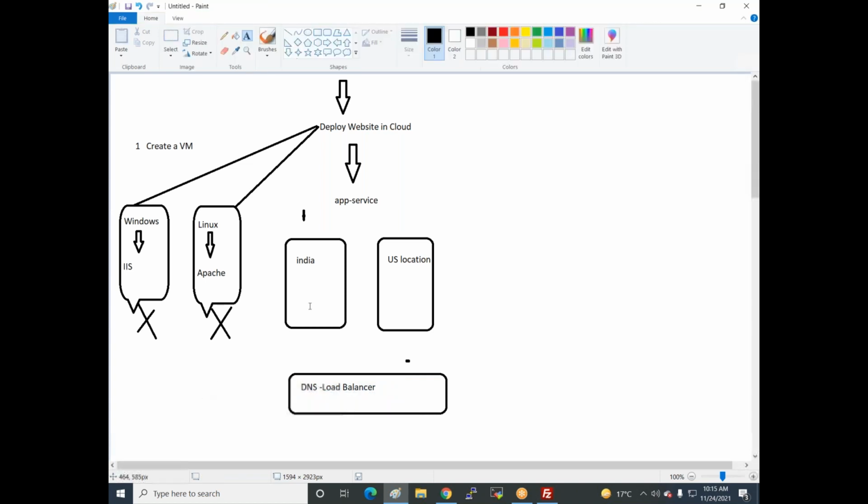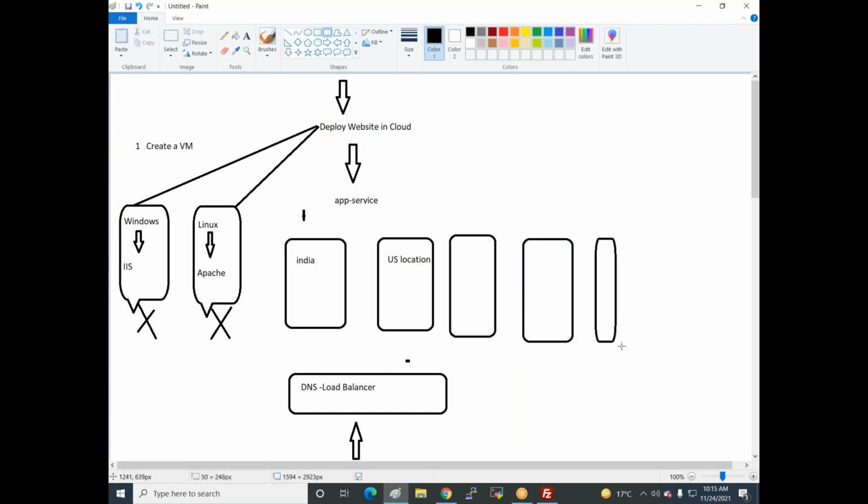If anyone's traffic comes to my URL, it is forwarded to a location, among the multiple web services that we have set up there. Got my point? Yes. So you can set your priority, where the load is distributed first to this one, and when it goes down, then it's transferred to this. Understand the point? Yes. So these are the multiple ways: you can use weight, or you can use priority.